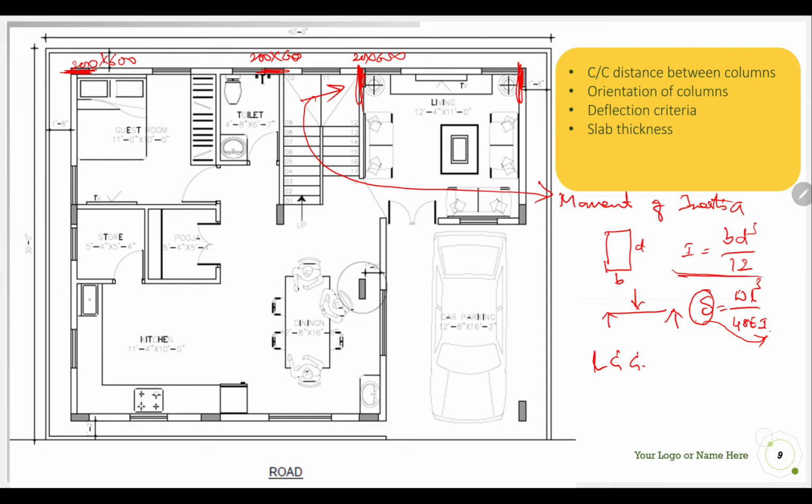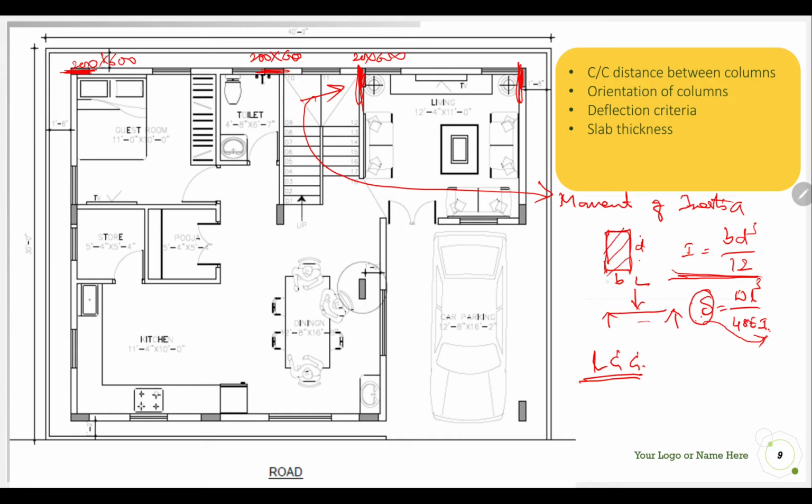So because deflection is directly proportional to the load, when the load is more, the deflection is more, and when the load is less, deflection is less. So if I have a very good moment of inertia, more moment of inertia, the deflection is less. From this what you can understand, if I increase the moment of inertia, I will get less deflection, more load carrying capacity.